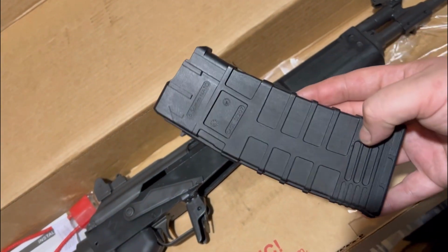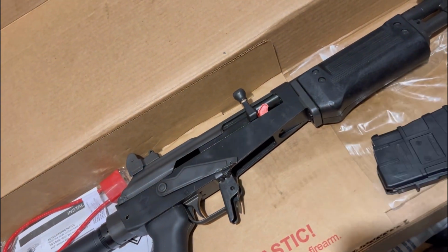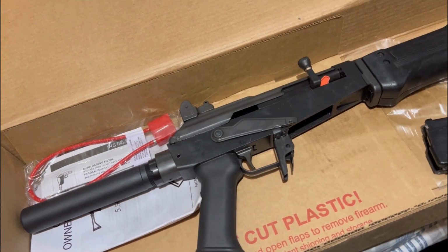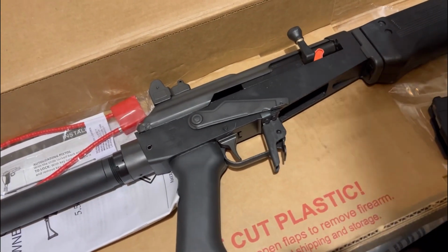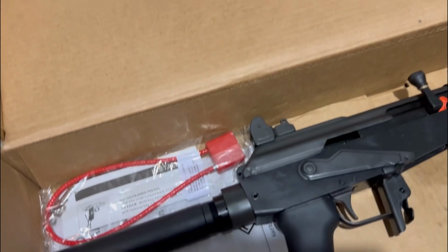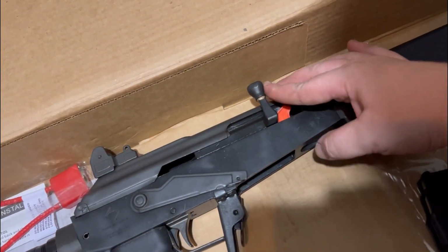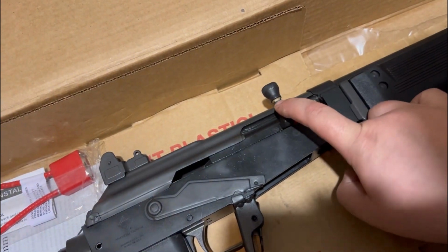And I'll be darned if this isn't the ugliest magazine I've ever seen in my life. My goodness. Right off the bat, I do like it. Finish is pretty nice. I'm not too crazy about the grip. This one's a little nicer, but I might have to go for a wood kit. But overall, it's pretty nice. I just love this charging handle. However, I don't like,